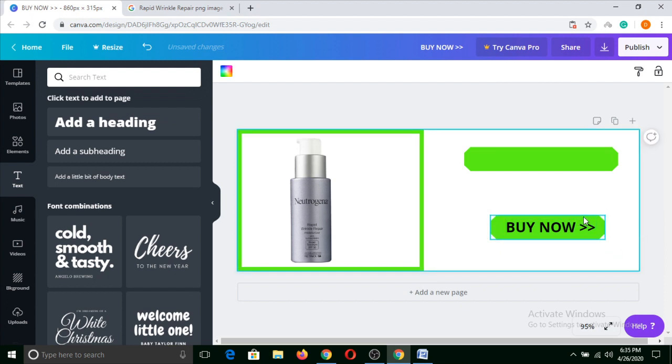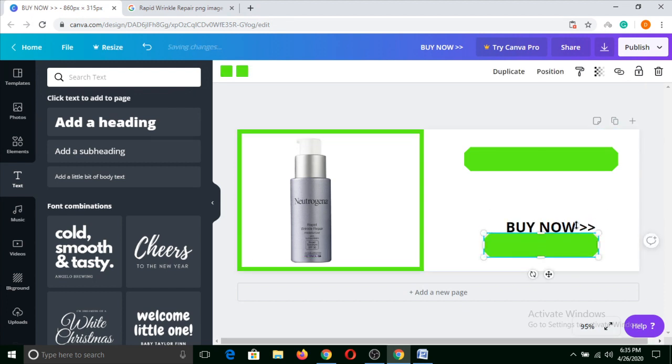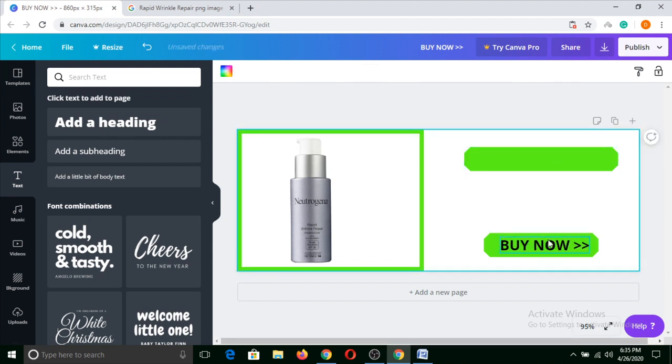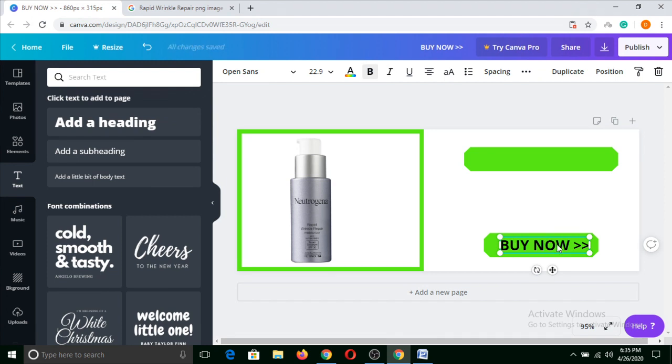You can move it a little bit down also. Now again we'll do Ctrl C on this text and Ctrl V, and we'll put it here. We'll increase the size of this text. Now we'll delete this text and we'll write something that this product is offering. Maybe they are offering a discount of 50%, so I can write 50% off.